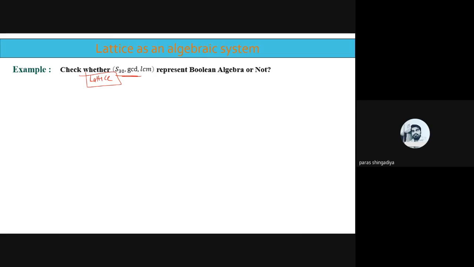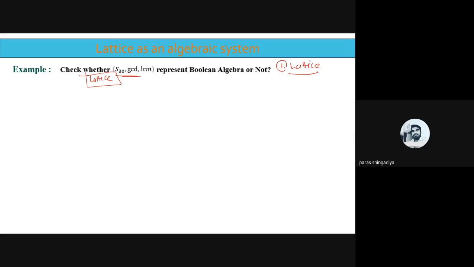So let us first prove the lattice. For any question, first check the question. If the word lattice is mentioned in the question, then there is no need to prove the lattice again. And if lattice is not included in the question, then first we'll prove it is a lattice. How can we prove it is a lattice? We will check three properties, three conditions. First is the commutative property, then associative, and then absorption. If these three properties are verified, then we can say it is a lattice.